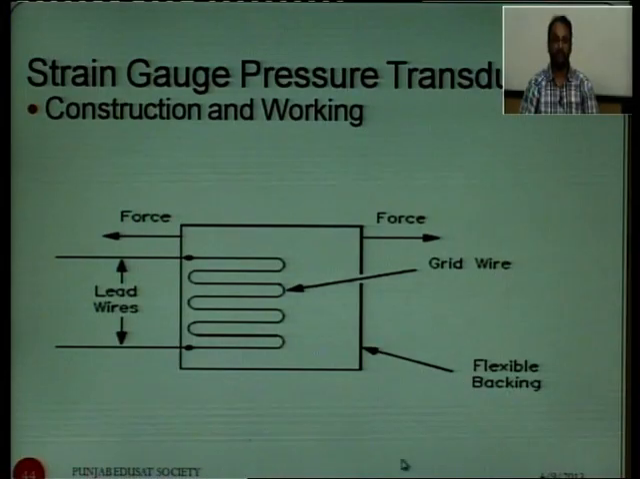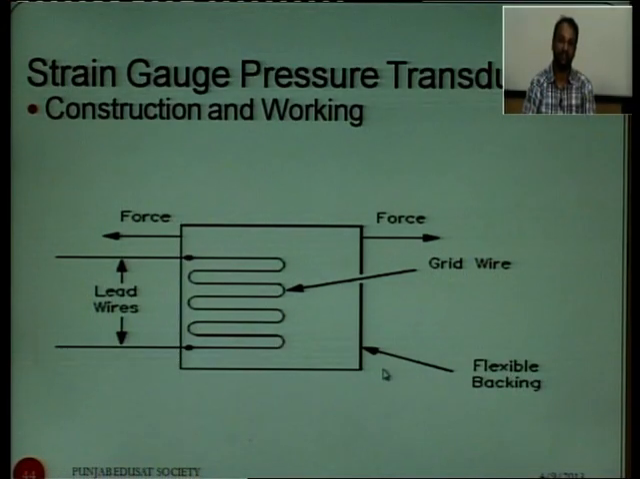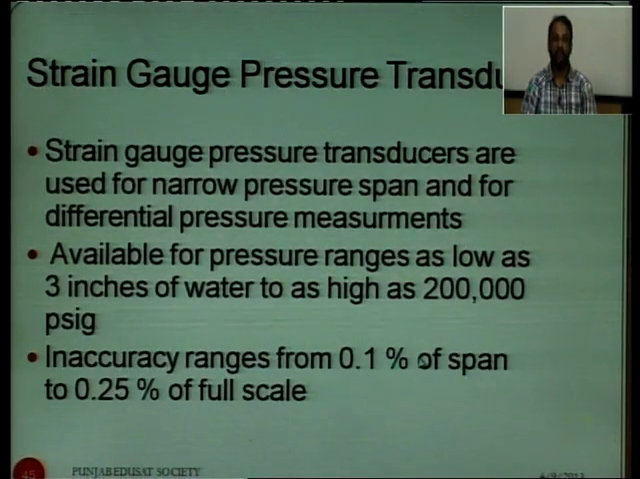This is another type of strain gauge pressure transducer. There are two wires. When force is exerted on this flexible block, there is a change in the value of resistance, because as we exert a force or strain on this device, there is a change in length as well as the cross sectional area of the resistance. Strain gauge pressure transducers are used for narrow pressure span and for differential pressure measurements. They are available